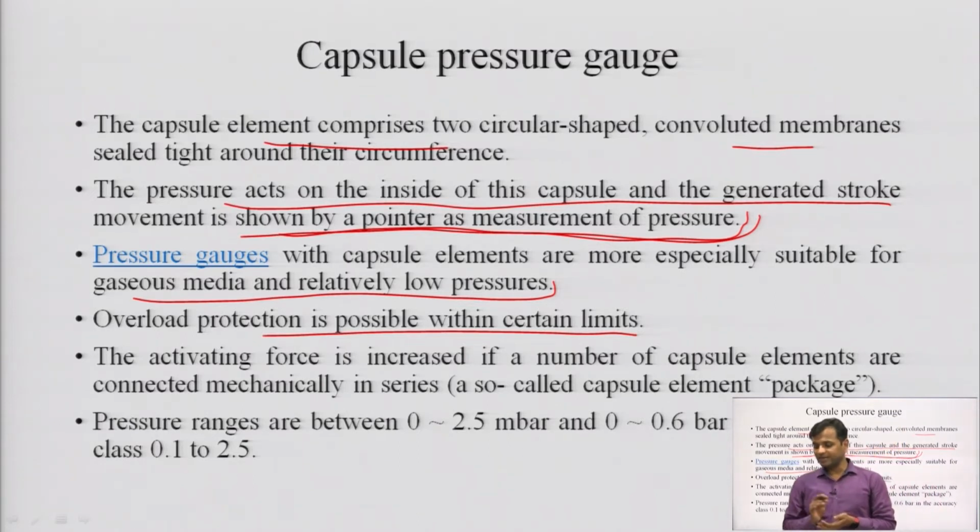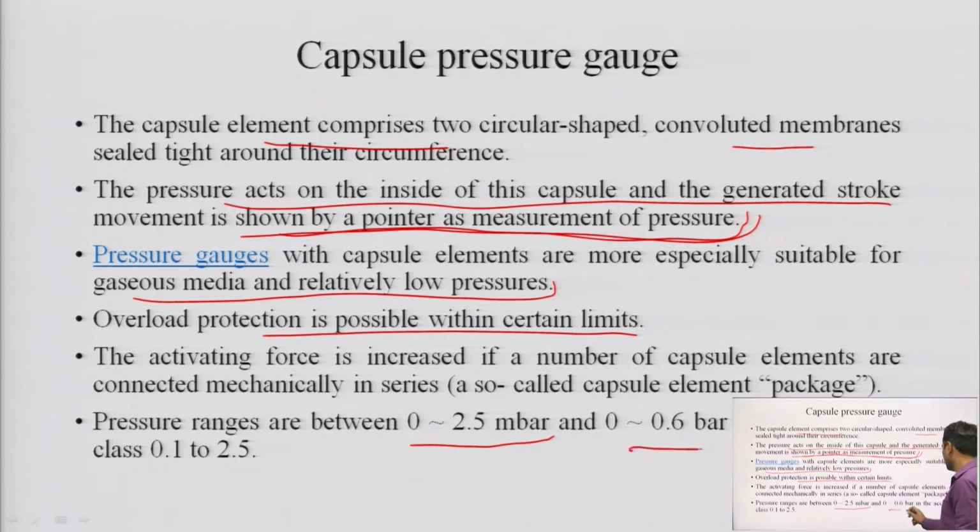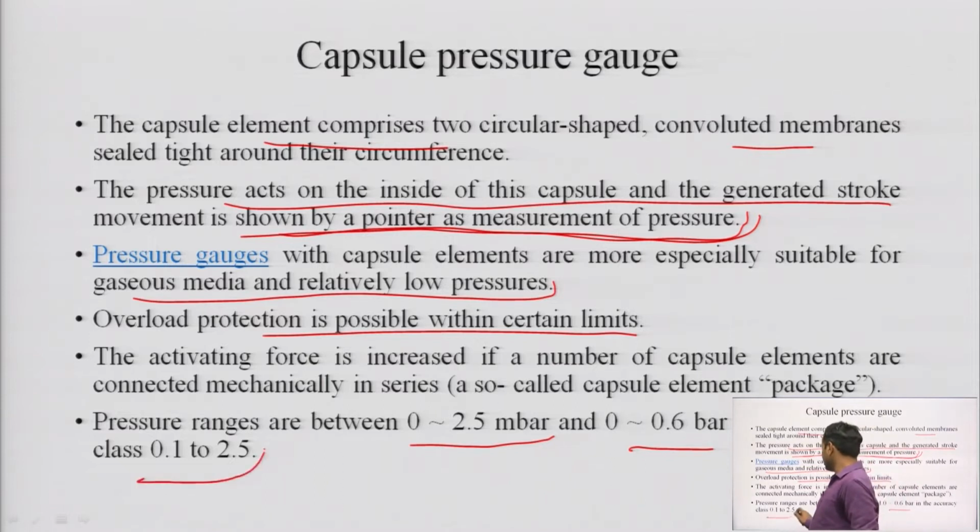So the activating force can be increased when multiple capsule arrangements are connected together. Also, the pressure ranges of the capsule gauges are below 1 bar: 0 to 0.2 millibar, 0 to 0.6 bar or 0.1 to 2.5,